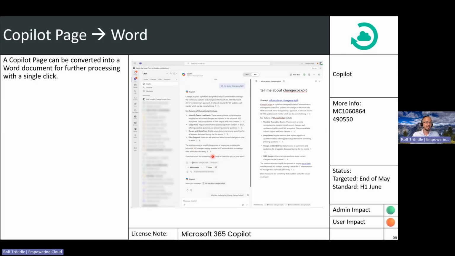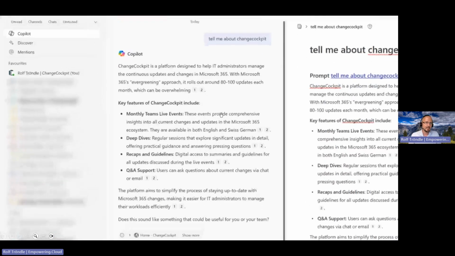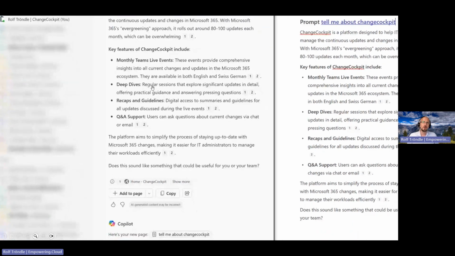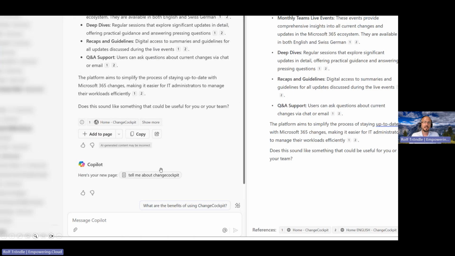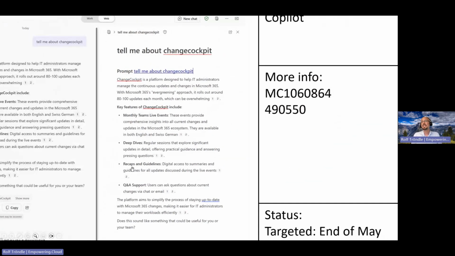Copilot page can be converted to a Word. So first of all, Copilot page. Let's say you chat with Copilot and you think, oh, that's a great starting point for a concept document. You can then click on Create Copilot Page. Copilot Page technically is a